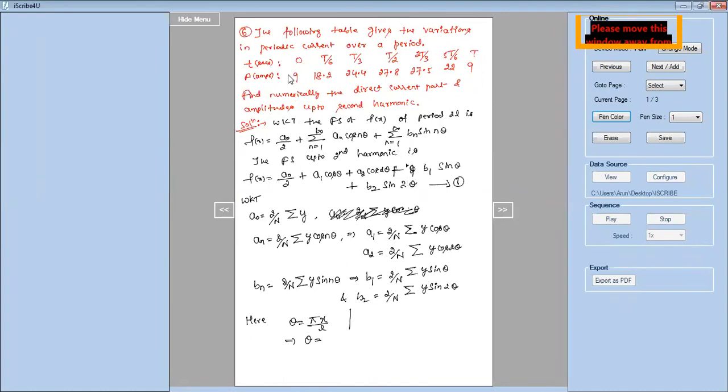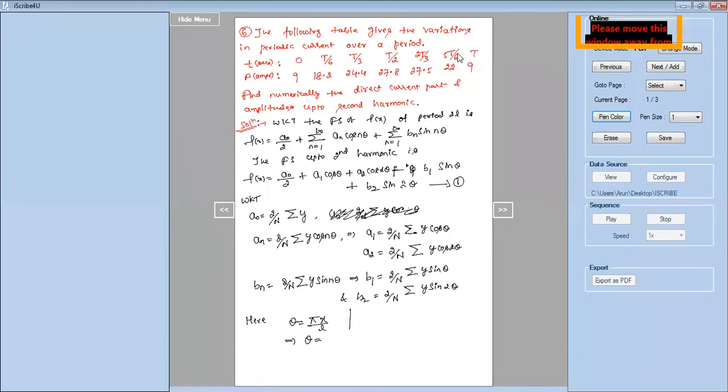But how to find L here? So the period of this you have to identify. See, if a problem is given like this, look at the y value. I mean a value here, a can be taken as y. So this is 9, this is 9. Corresponding values are t and 0. So take a subtraction of this upper minus lower. It is t minus 0, t. So the period of this problem is t.